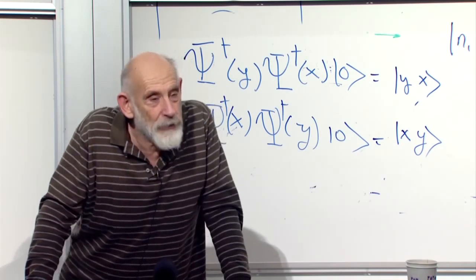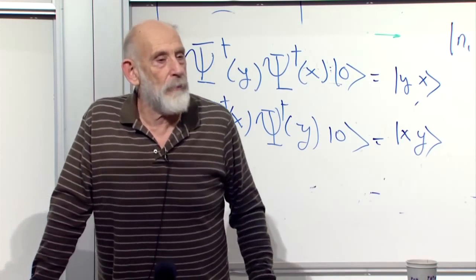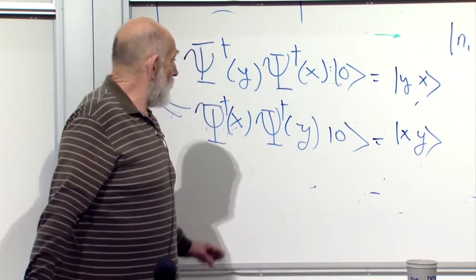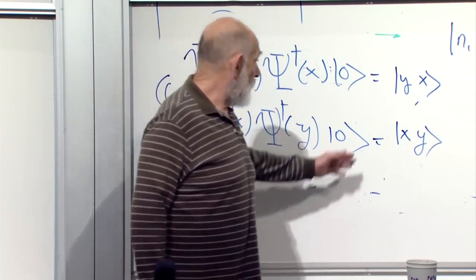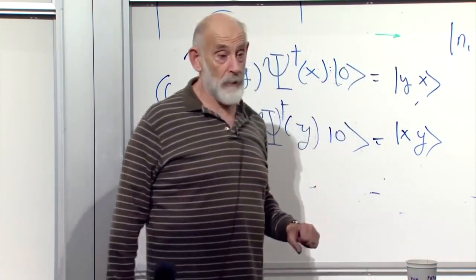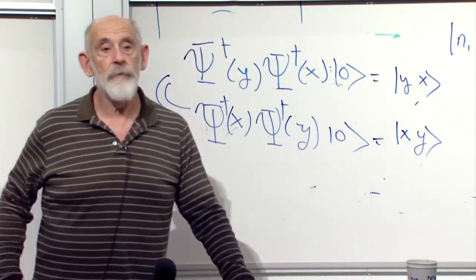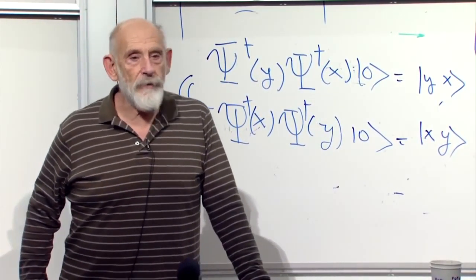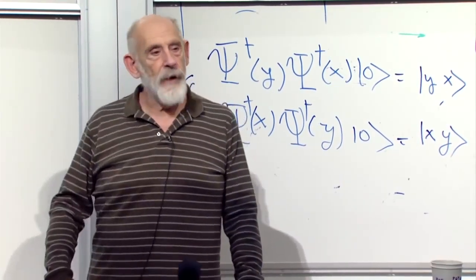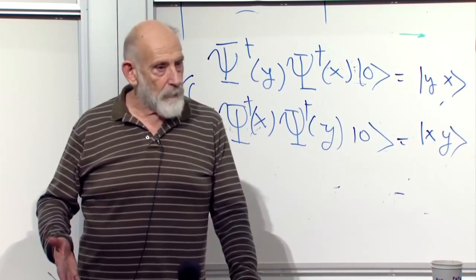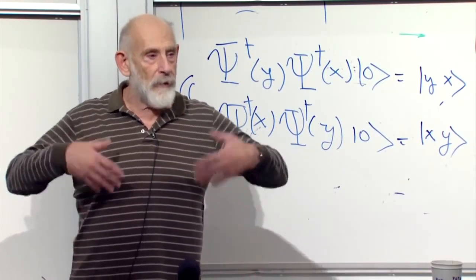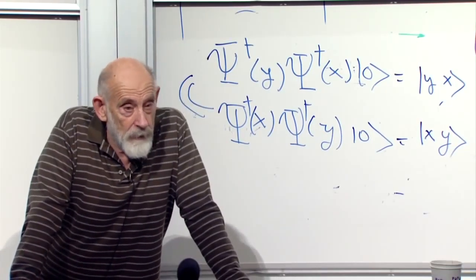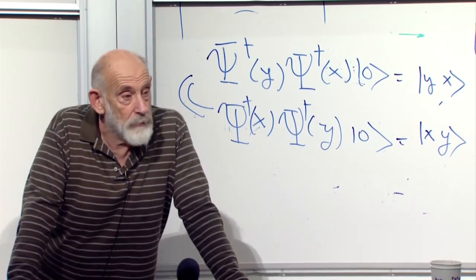And I assure you, this is the simplest, but the basic concept, you see what we're doing, is we're talking about the connection between particles and fields. Here is the connection between particles and fields. This is the field. When you apply it to the vacuum, you create a particle. You define the field to be this. Yes, that's right, we defined it. But once we've defined it, it's an operator. If we add it to its complex conjugate, it's a Hermitian operator. Hermitian operators are observables. All of a sudden, it takes on a life as something that we can measure and do all the things with observables that we do.